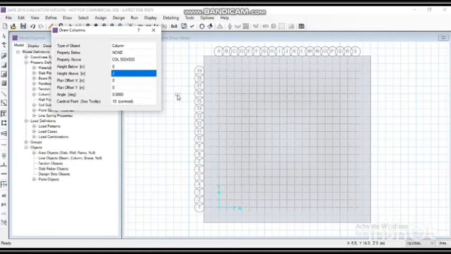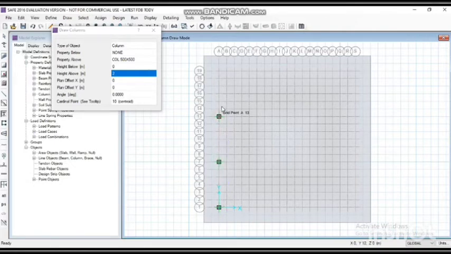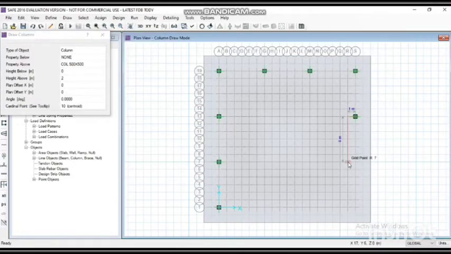Now start drawing the columns. The columns are of 500 by 500 mm, except columns C6, C7, C10 and C11, which are 600 by 600 mm. All the others are columns of the size 500 mm by 500 mm. Here we are properly spacing at 6 meter and drawing the columns over it. After the completion of the drawing,